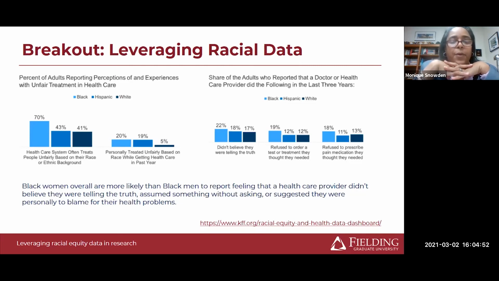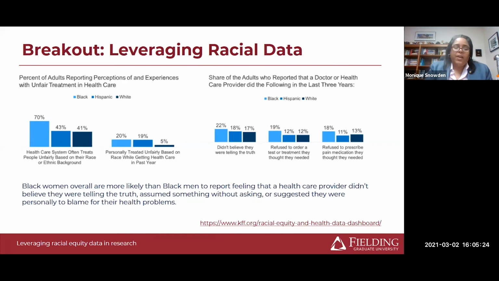some data for you, right? And we're going to talk about leveraging racial data. So this is some data here. And what I'd like for you to do in the breakout is to reflect on this and have some conversations about this as it relates to your own lived experience or your professional experience. All experiences matter as we try to push ourselves to understand this more diversified perspective. So these data show us here